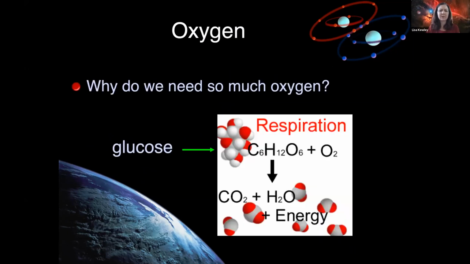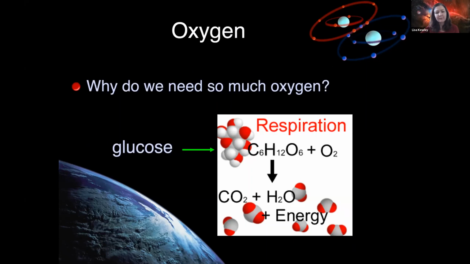Why do we need so much oxygen? Well, the chemical reaction that's happening in our bodies is that we are combining glucose, which is sugar, and that comes from our food. We combine that with oxygen in our bodies, and then we turn that into carbon dioxide, which we breathe back out through our lungs, water, which our body uses for lots of things, and then energy. And it's the energy that's actually the critically important thing here, because we're basically converting oxygen into energy, and we're using energy for everything we do.